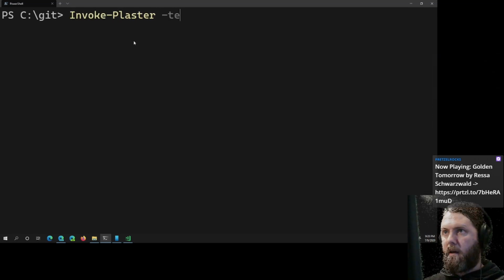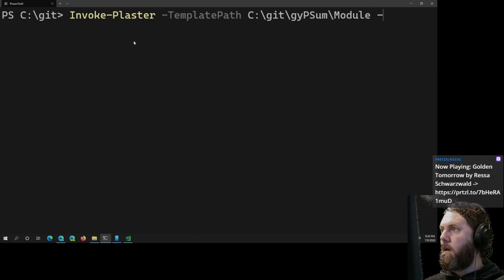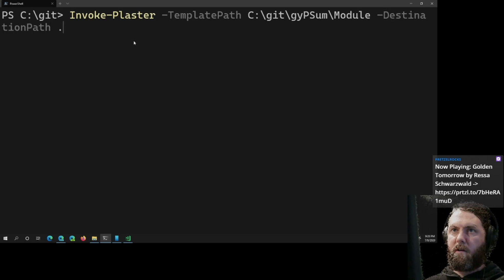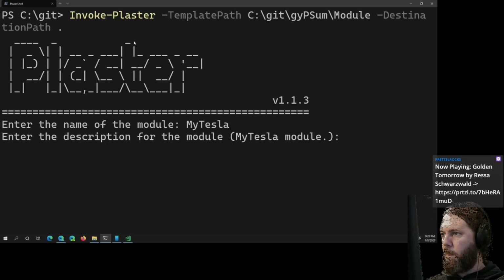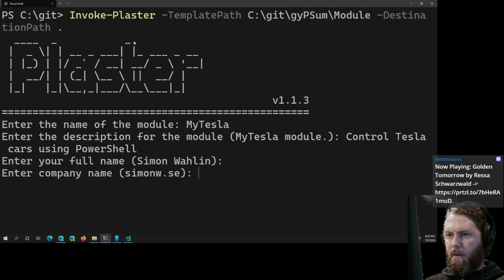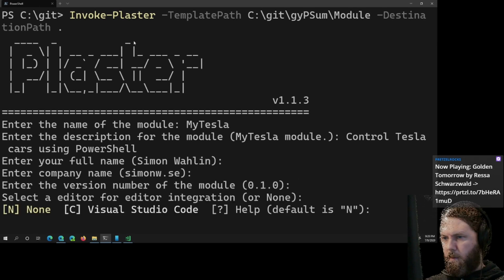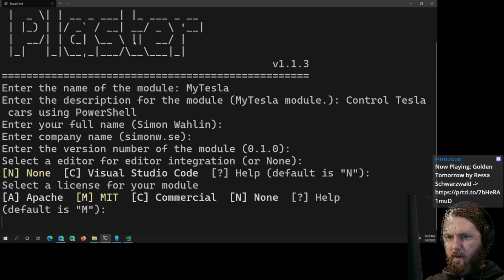I have a template path which should be like c:\git\gypsum\module, and there should be a destination, and I'll just call it my Tesla, and control Tesla cars using PowerShell. My name, my company, module number, no editors, MIT license is good,